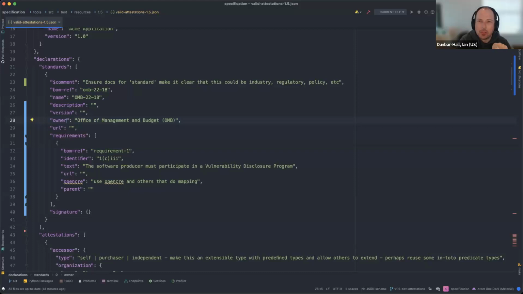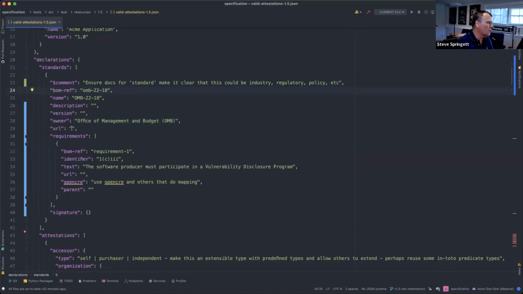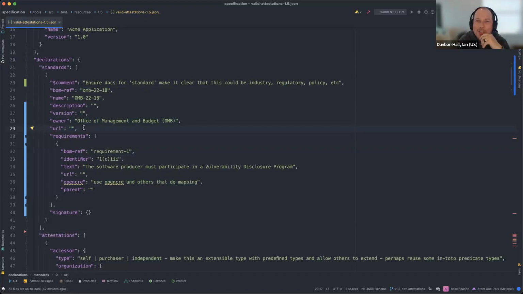Steve, on the URL, is that something you're going to switch over to a BOM ref, or is that something you still want to leave at the top level URL? No, this is just the URL to the standard itself. Okay, so you want to call it out explicitly versus encourage a BOM ref? Yeah, no, the BOM ref is just the identifier within the BOM itself. I meant the external ref of URL type. Yeah, I want to know if that was a conscious choice.